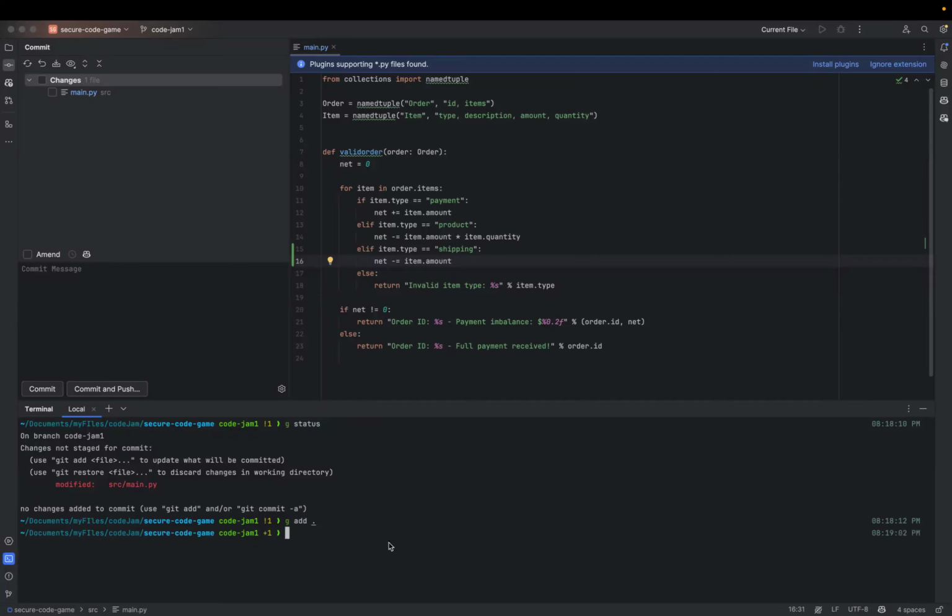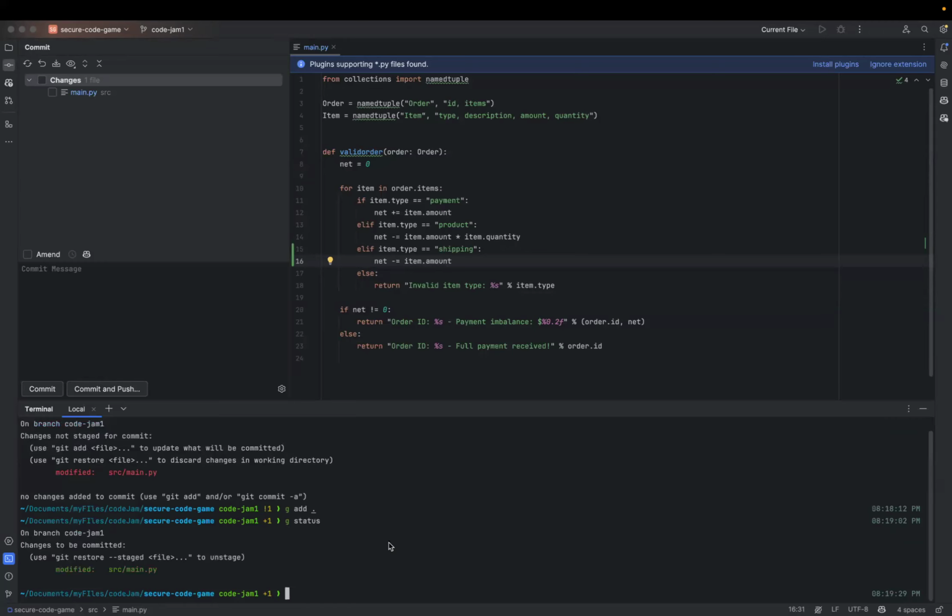The stage is an intermediate state between committed things and changed files. When we add things to the stage, those things are indexed and are ready to commit. Only things added to the stage will be committed, others will remain as changed files.